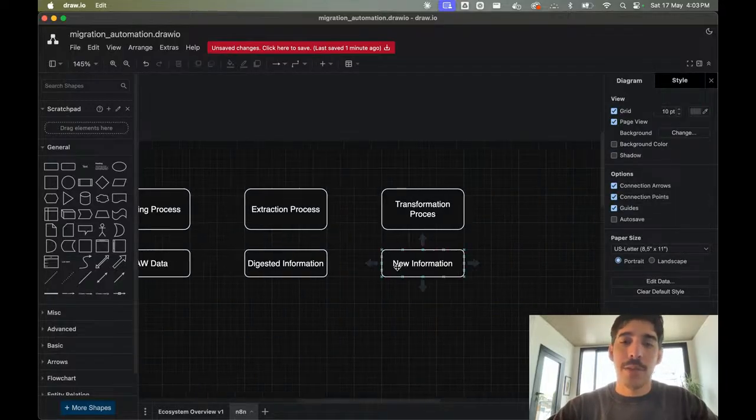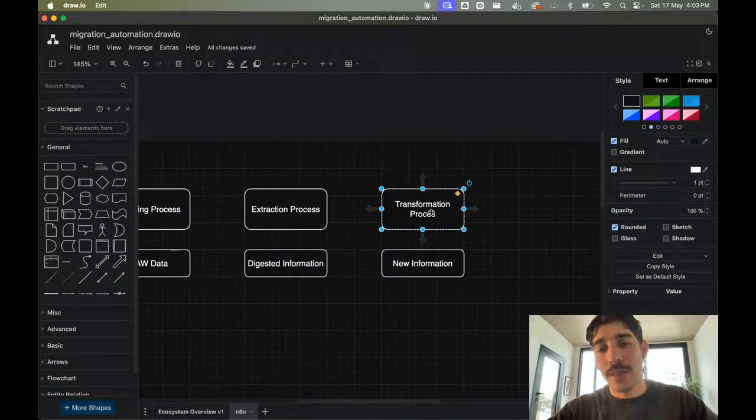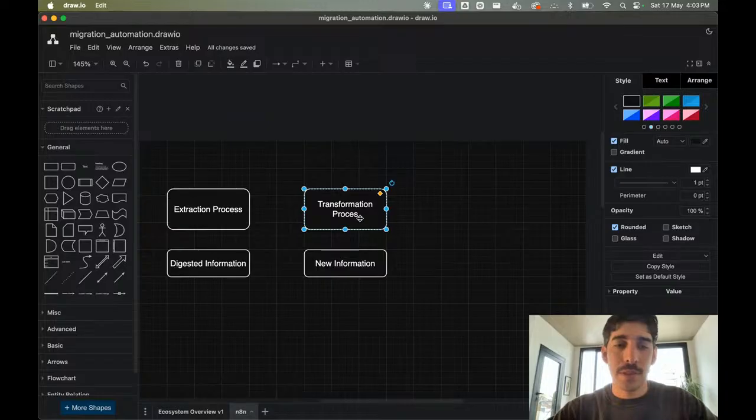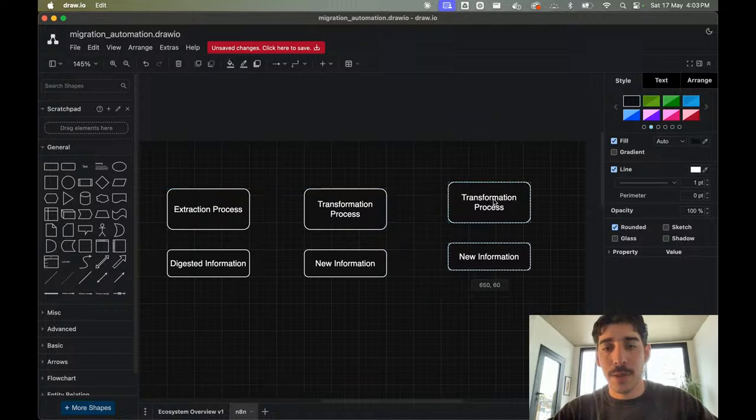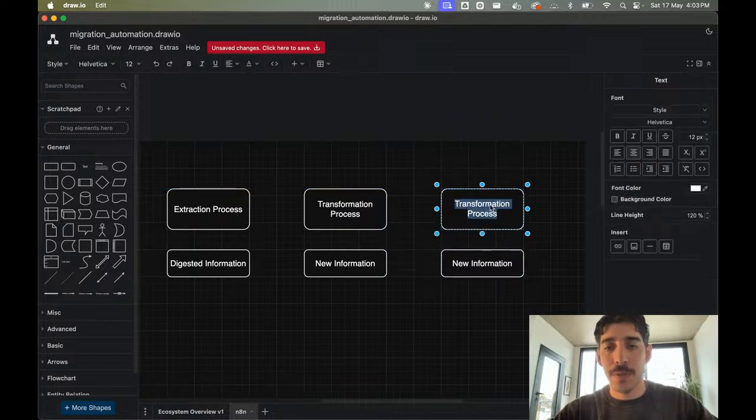And this could be for many reasons, because maybe in this transformation process, that could be here, you want to give a new feeling to the information.